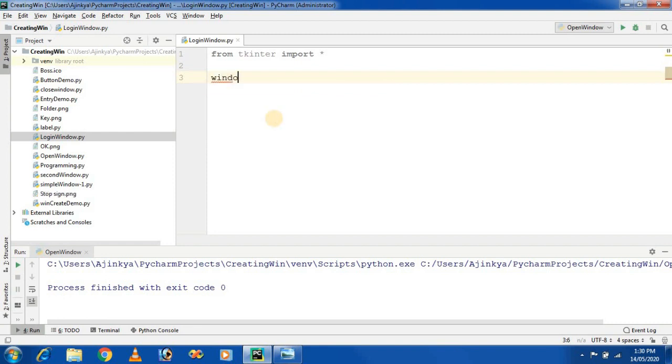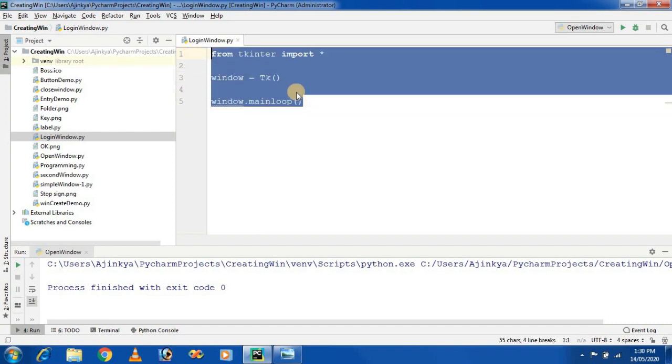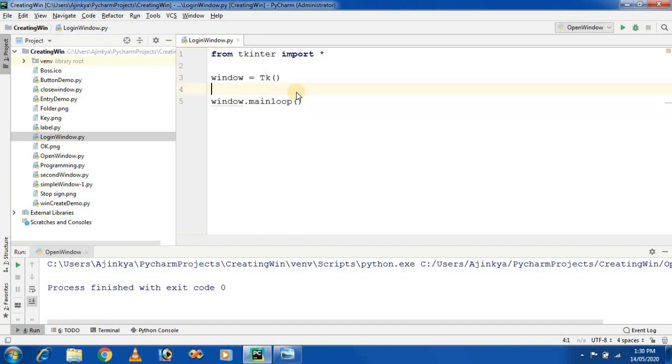I am creating an object called window and giving it the Tk class. The Tk class is responsible for creating a window. Third step, window.mainloop. This is responsible for keeping the window on screen until the user clicks on the close button. So by using these three steps, we first create a window.